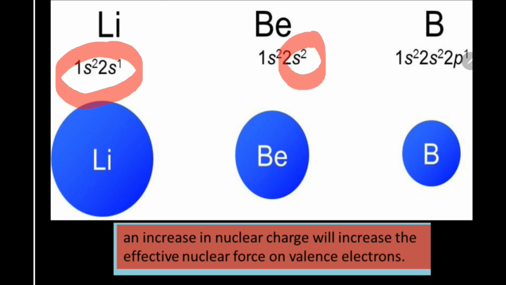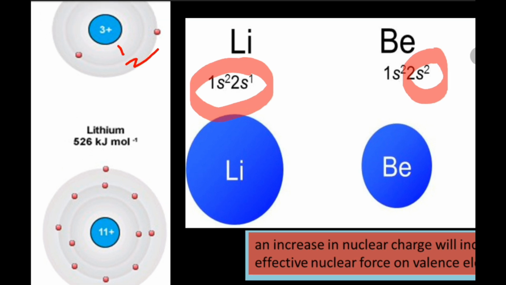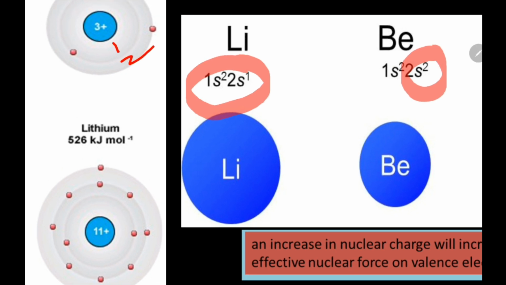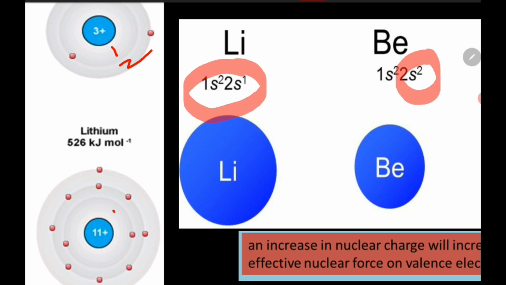Okay, let's now see, as we go down the group, the number of energy levels increases. Lithium has how many energy levels? 2 energy levels. Whereas if you compare this with the next element, sodium, you can see the energy levels are 1, 2 and 3, right? So what you can see is that the energy levels have increased.